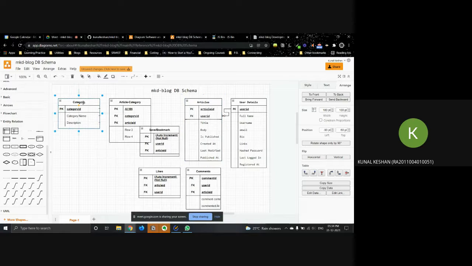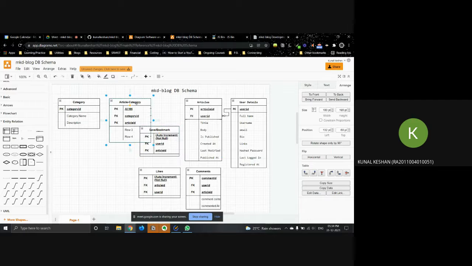Suppose there is an article on web development. It comes under the technical category. So I can write an article, all of you can write one. Keeping a category over here for each of them will make querying difficult.